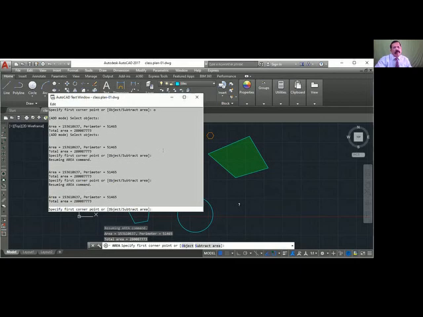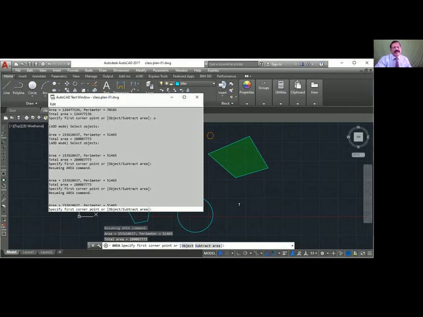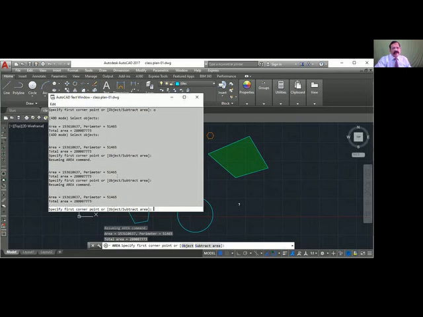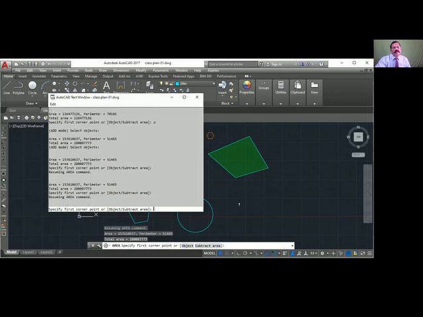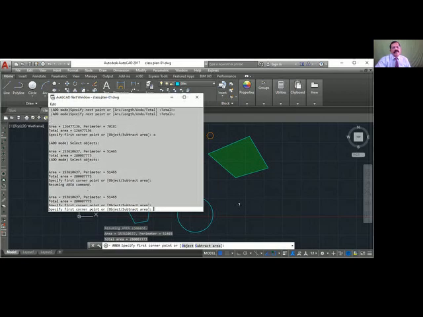Okay. The first area was this one, second area was this one, and the total area is this much. Total area is here. Okay. So it gives you the total area. This plus this. Okay. O, second area. This was the first area.